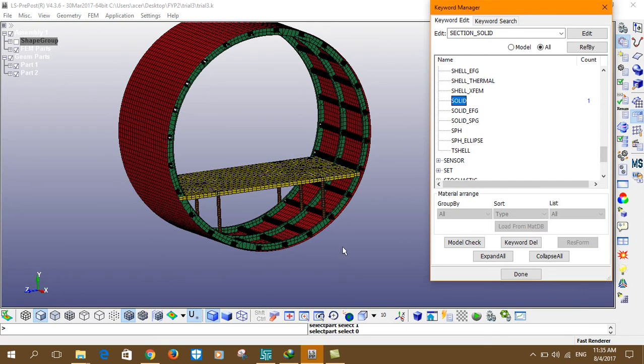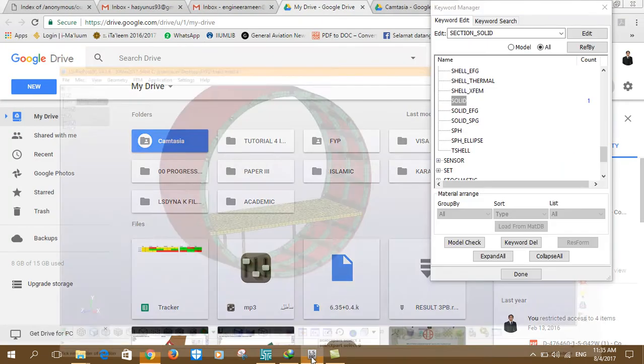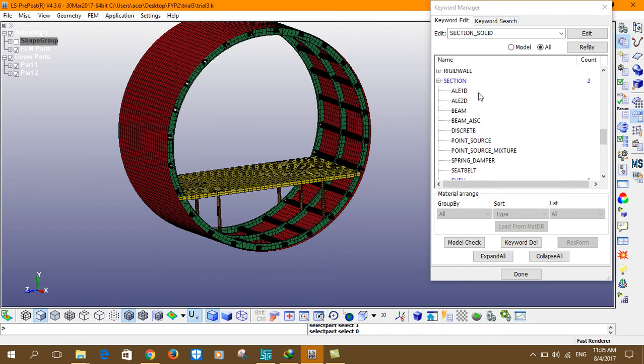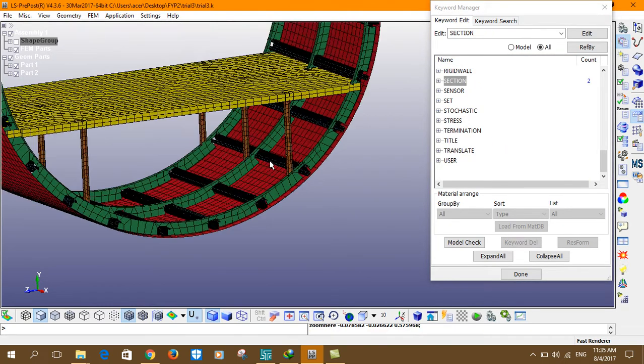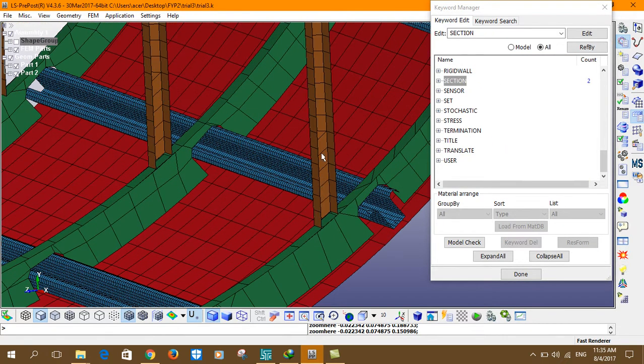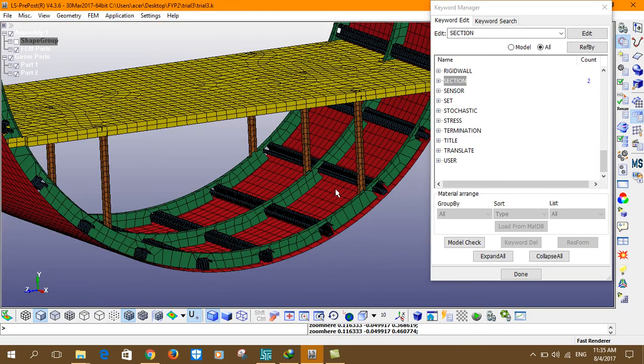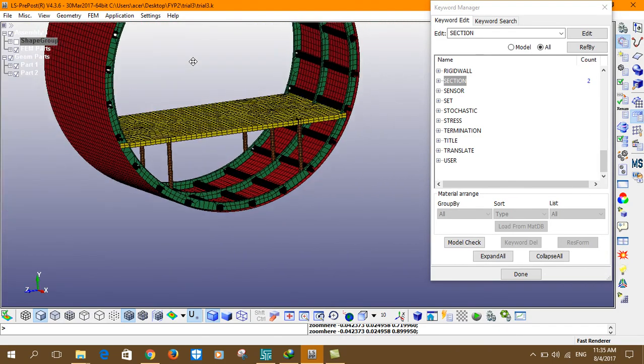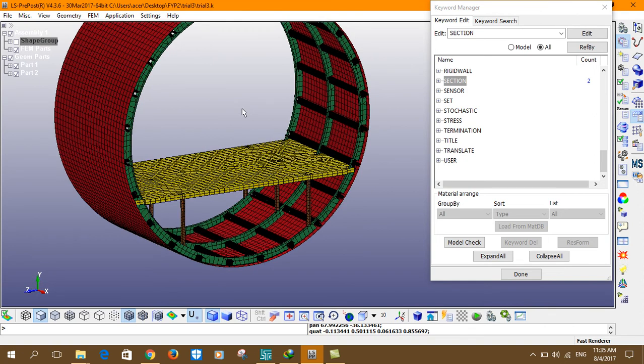Okay, so I think for the other sections you can define by yourself. You know from your drawings how much is this one, how much is everything, then you can do it. Okay, and one more thing,